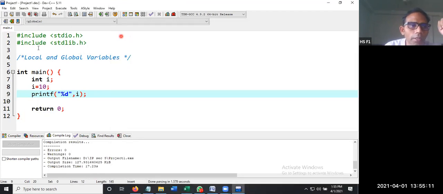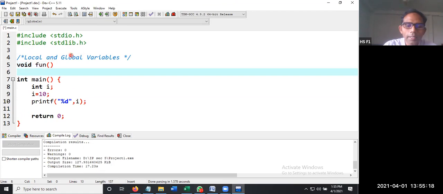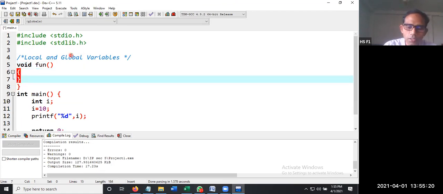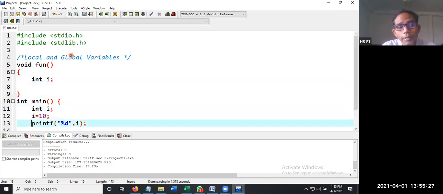No issue. Now we are going to write one more function, a void function, and declare a variable integer I. I want to print the value of I, then in the next line I want to print the address also.